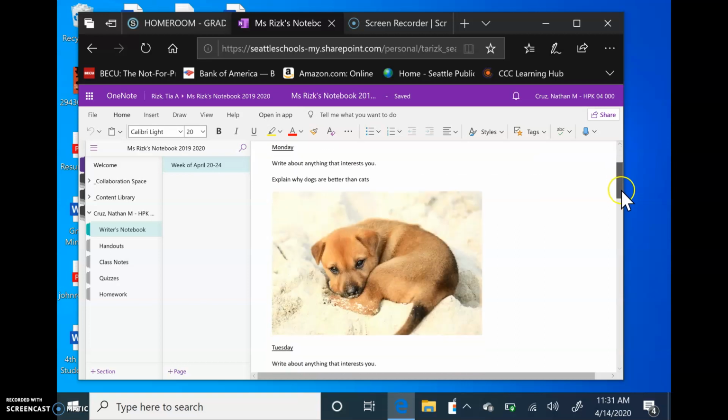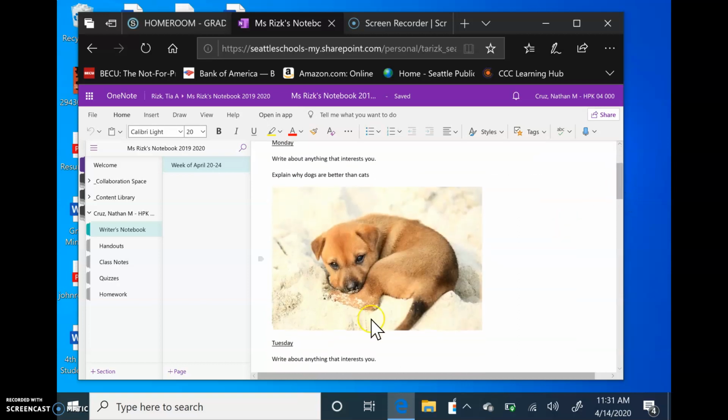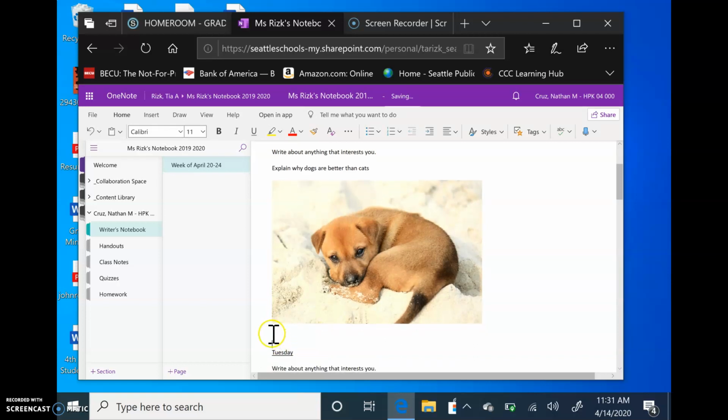So I can scroll down to below the picture, but before Tuesday, give myself a little bit of space to write, and then I can just start writing. I think that I'm going to write to the prompt, why dogs are better than cats. I think dogs are better than cats because